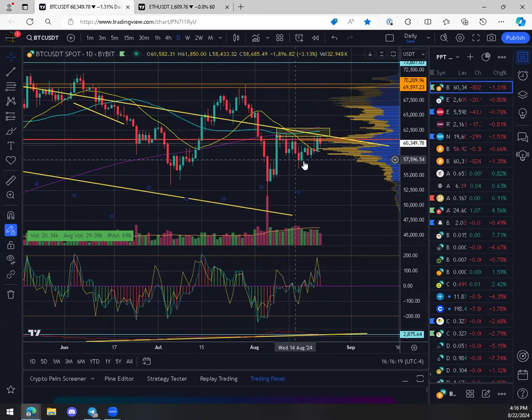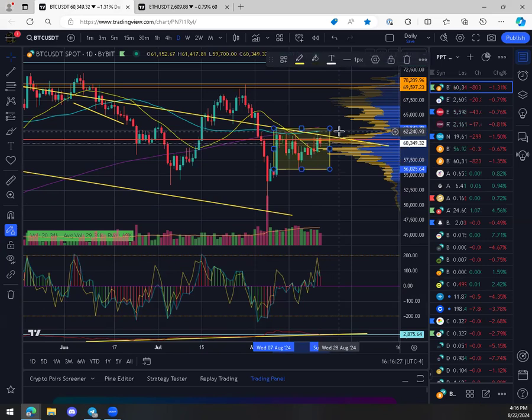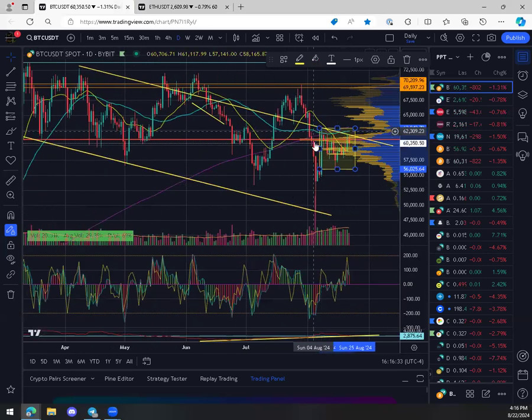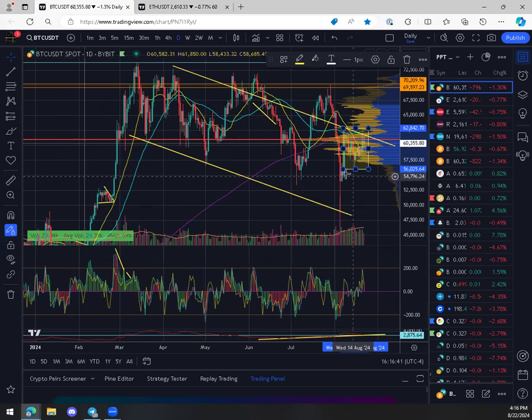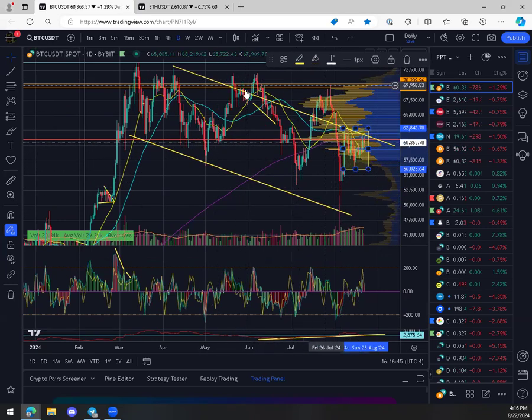Now this is just an intermediate time frame trading range. Like this yellow box represents the resistance of it, but really we're just going back and forth in this box. Until we break this box, you should be kind of neutral in your bias on a day-to-day basis. Because Bitcoin has been short-term neutral and also intermediate term kind of neutral, but we did eventually launch from here. And every time we have launched from here, we have retested this orange zone.